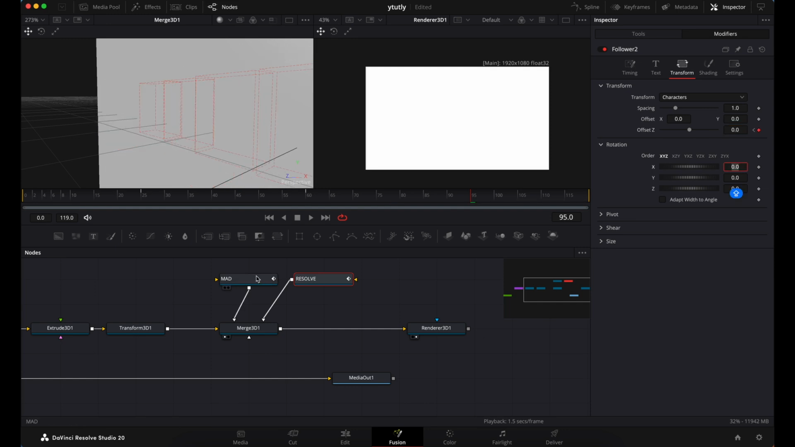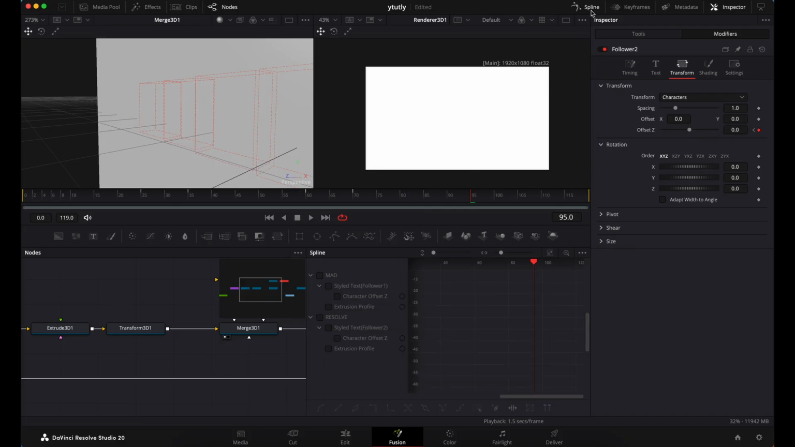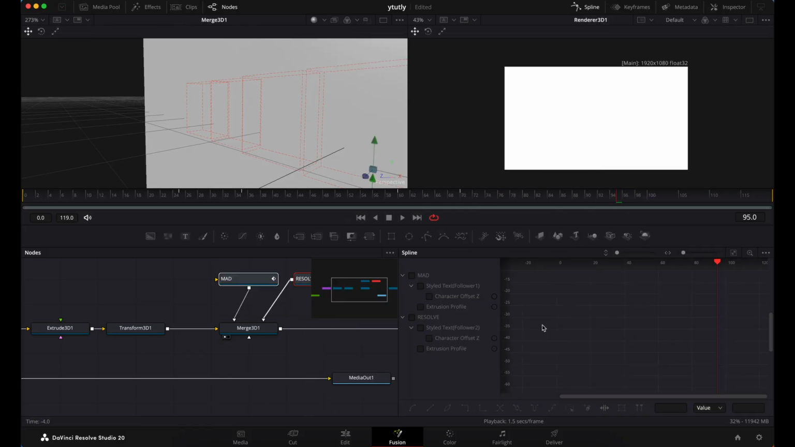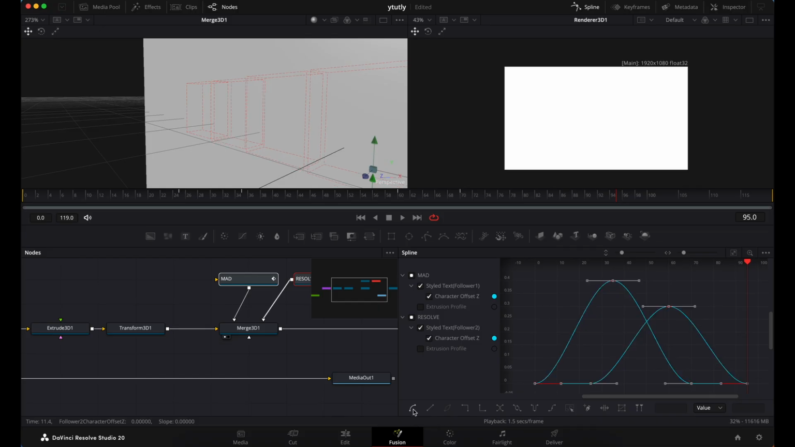Okay, so now for the two of them, I can hold down Control, select both nodes, click on Spline Editor, close the inspector to have more space, tick character Z for MAD, tick character Z for resolve, click on zoom to fit so we see the animation here. Click on this icon here to select all the keyframes, click on this icon here to smoothen them out. So what I want to do also is I want to go to this handle here, move this in a bit,